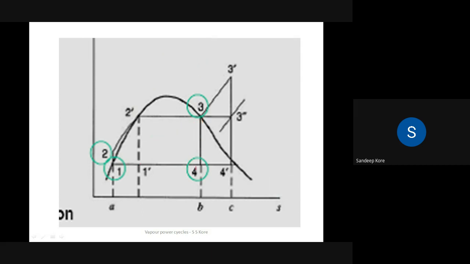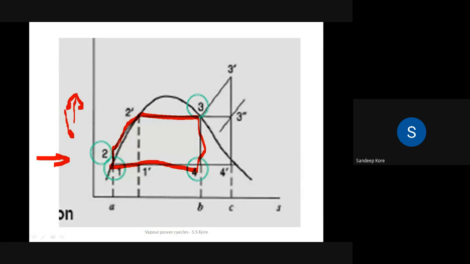ठीक है. So now we are going to concentrate on the process 1, 2, 2 dash, 3 and 4. So only this cycle we are going to concentrate on in our scope. Now at point 1 we have liquid, because this point is lying on the liquid saturation line. Liquid को क्या करता है, पंप खींचता है, उसका प्रेशर बढ़ाता है. So 1 to 2 is the pumping process. उसका काम क्या है, प्रेशर बढ़ाना है. कितना बढ़ाना है, from atmospheric pressure to boiler pressure. तो 2 पॉइंट में क्या होता है, आपका बॉयलर स्टार्ट होता है.